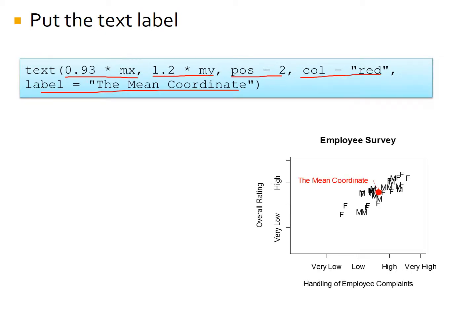You will see something like this. So the position means that, let this point be 0.93 times mean x and 1.2 times mean y. This is the coordinate, and if I provide position of 1, it will be on the bottom. Position of 2, it will align at the right, and then like the mean coordinate, the end would be on the point. Then position of 3, position of 4. Okay,